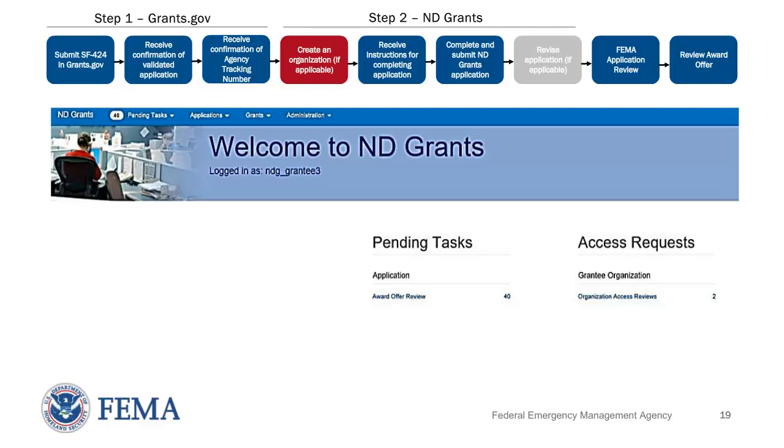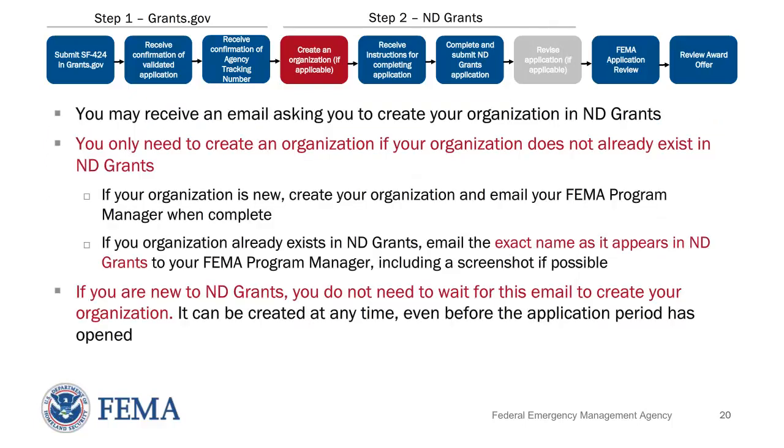Once your SF424 has been submitted in grants.gov and transferred to ND Grants, you can begin Step 2, submitting your final application in ND Grants. Your application is not complete until you have clicked Submit in ND Grants and received a green confirmation message. To submit your final application in ND Grants, you will need an ND Grants account as well as an organization